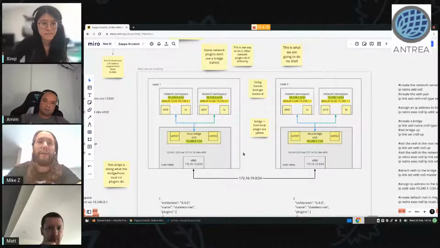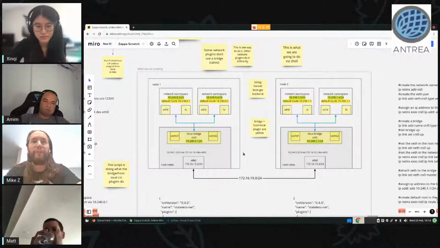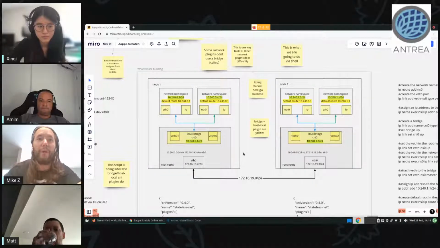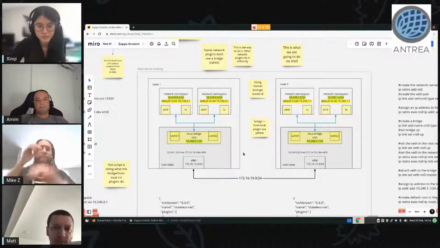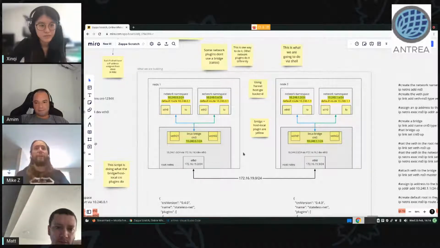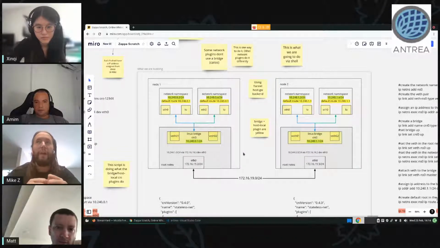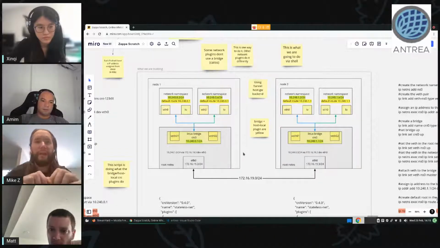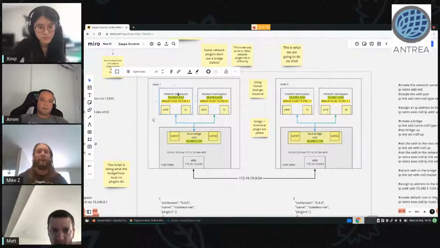It doesn't have network policy, so it's probably not the most useful. It's not feature rich like Calico, Antrea, and more, so you'd probably move away from it. But what we're going to try to do is explain the roles and responsibilities, where the CNI responsibility ends and where the network plugin takes over. So if we look at our diagram on node 1, we have a network namespace,